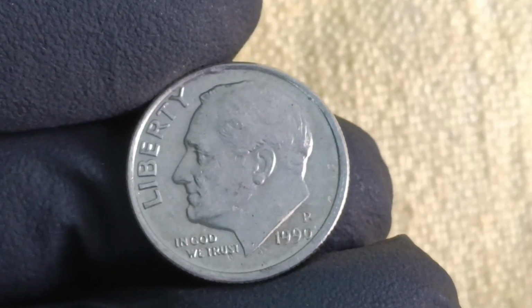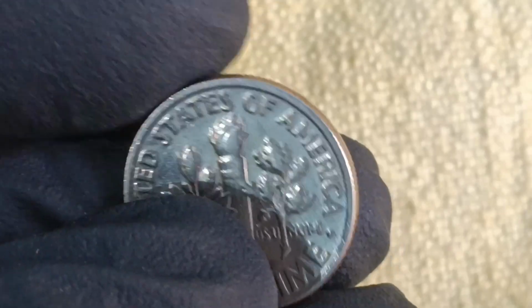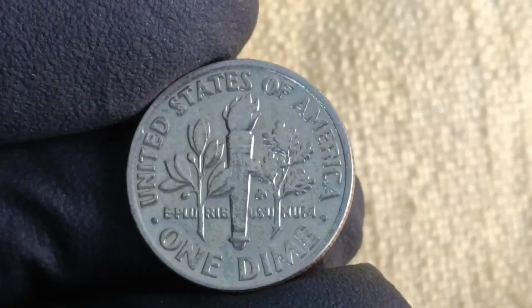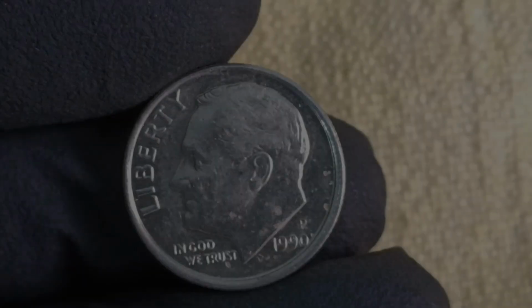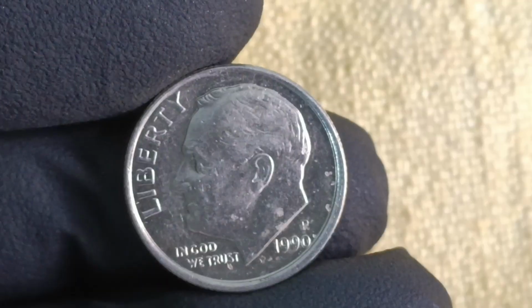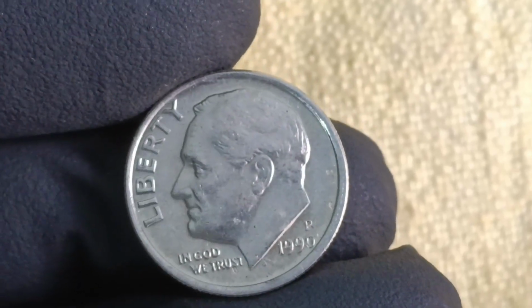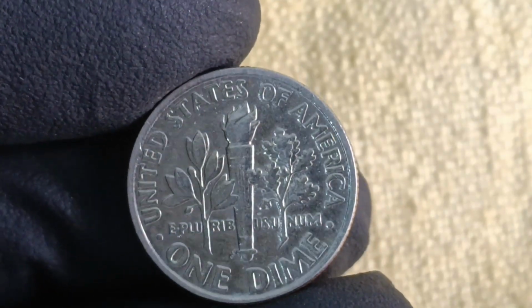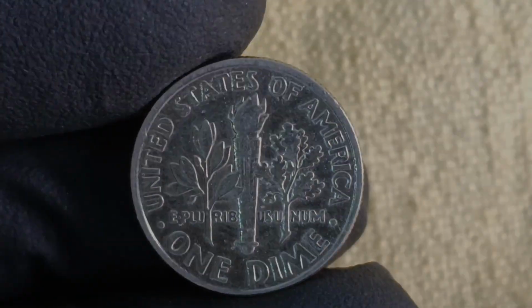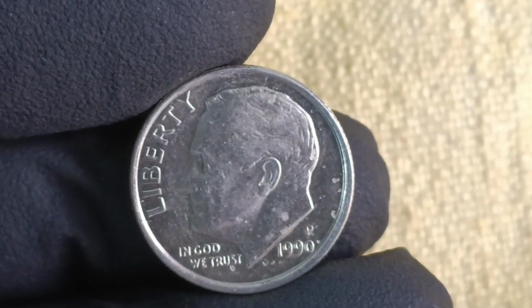Coin shows and numismatic conventions also remain prime spots to connect directly with buyers who understand true value and can negotiate fair deals. Many collectors who started with one lucky find go on to build entire portfolios, reinvesting profits into learning and acquiring more, their fascination growing as they trace America's minting history and the occasional errors that turn small change into big money. The 1990 P dime serves as a beacon for these dreamers, a reminder that extraordinary stories often